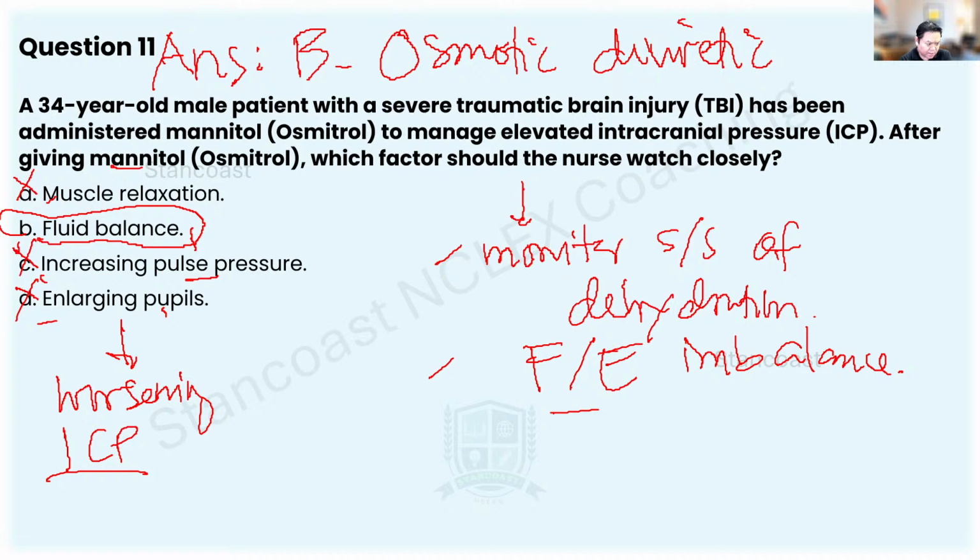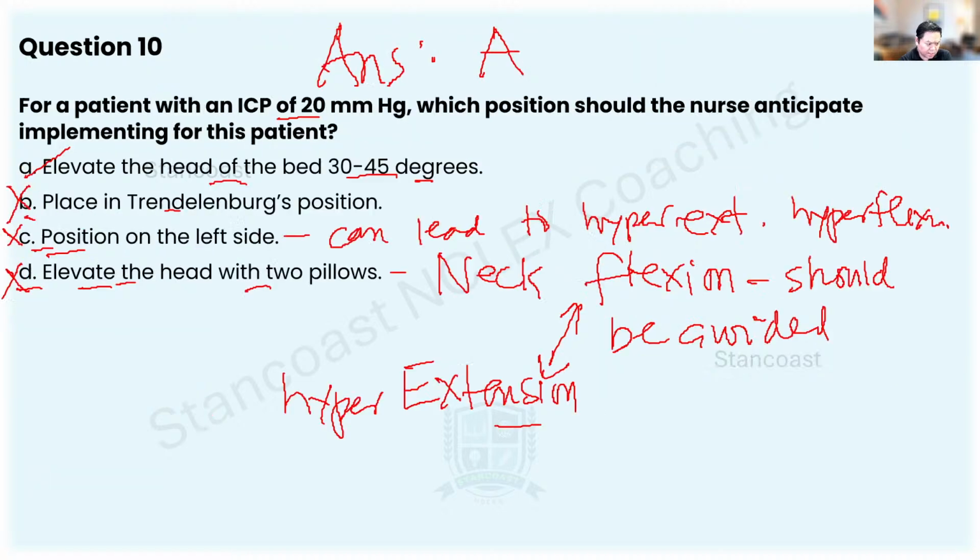Question number 10. I thought head of bed should be... Let's take a look into number 10. You can have the placement of the head of bed either 15 to 30 degrees or over 30 to 45 degrees. It depends, as long as the head of bed is elevated and you're maintaining the alignment, the neutrality of the patient's neck. As long as there is no compromise in the patient's neck placement, then that is totally fine. 15 to 30, 30 to 45, it doesn't really have much